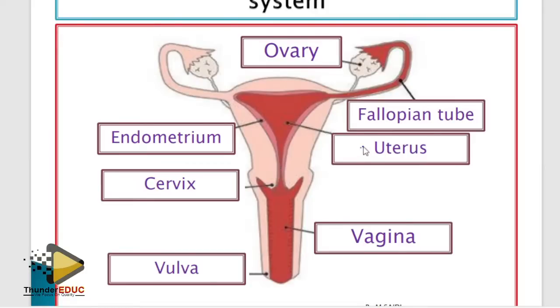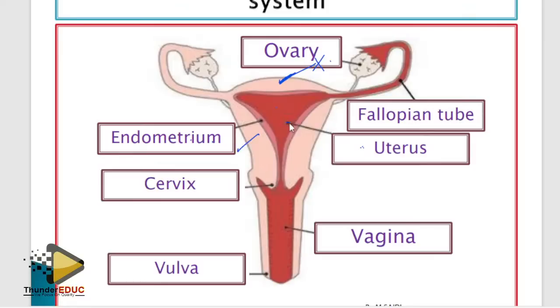This is a uterus. This is also a uterus. Sometimes I remember when they brought this and asked you, what is that? And then someone couldn't answer that. This is also a uterus. It's like when they ask you about the head: the top part of the head, the sides of the head, or the lower part of the head. It's the same thing. It's the head. So, endometrium is also part of the uterus, but the uterus is divided into endometrium, the uterine wall, and the uterine cavity. You understand?